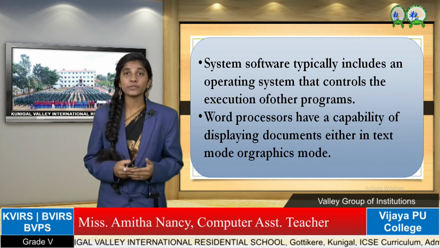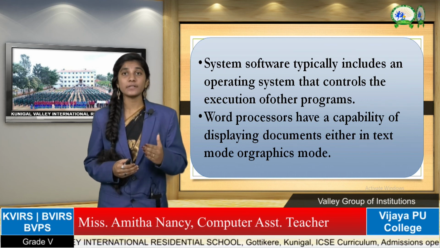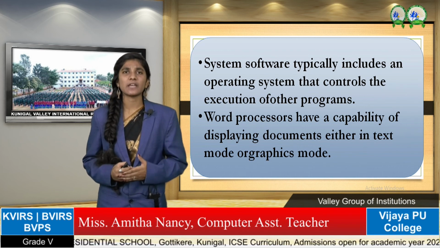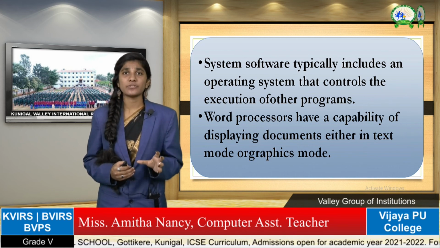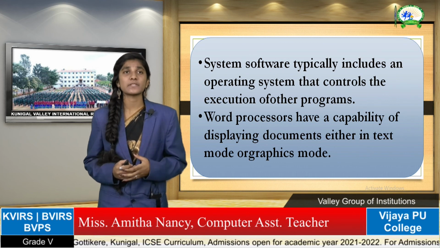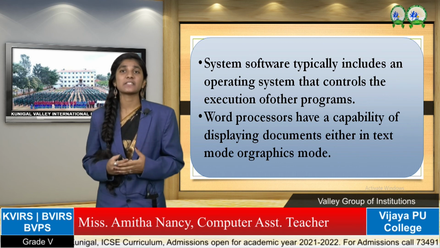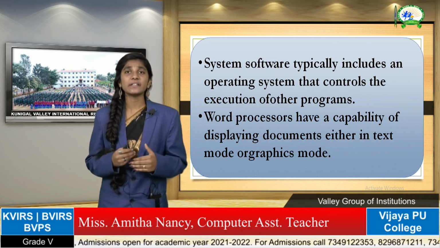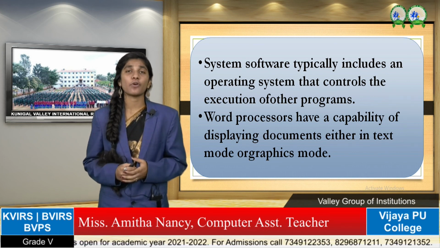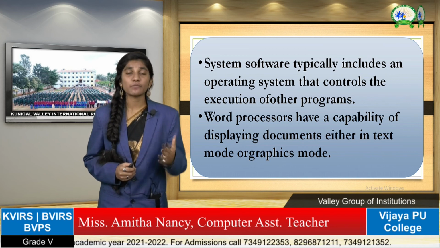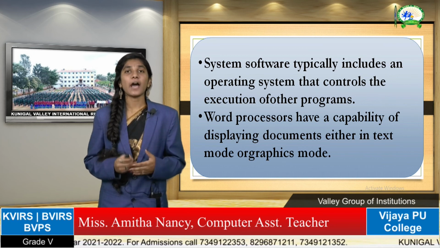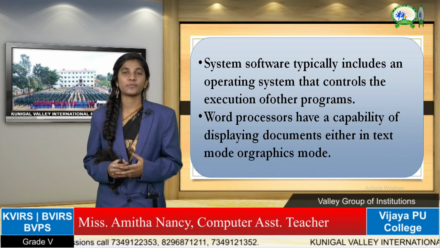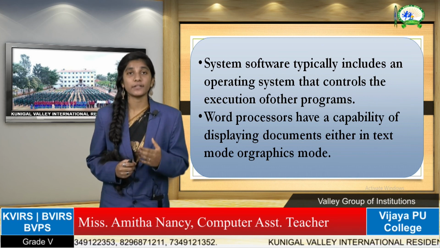So these are the important topics that you should know under this chapter. Go through the chapter, read it once again, identify the images, know the software names, know what is operating system, know what is application software, and learn the examples for application software and the examples for utility software. After reading this chapter, try to answer the textbook mains. So you will come to know how much you have understood.